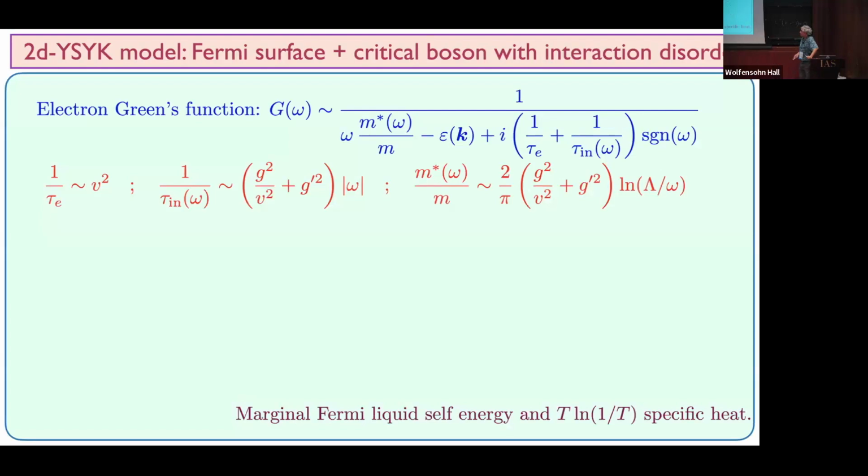All right, so what do you get? Well, you get things that got us pretty excited. You get, for example, the self-energy, where does it go, 1 over tau of omega is a linear function of frequency. That's the inelastic scattering. It comes from both G and G prime, and that's what Varma et al. called a marginal Fermi liquid. So quite generically, you get a marginal Fermi liquid spectrum.